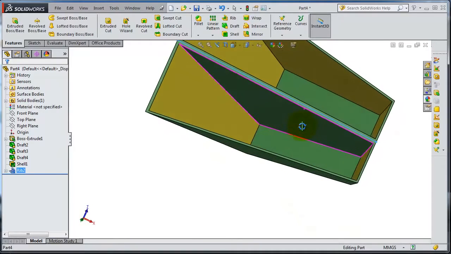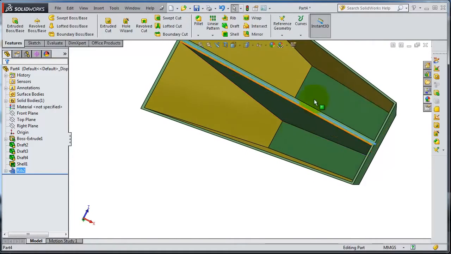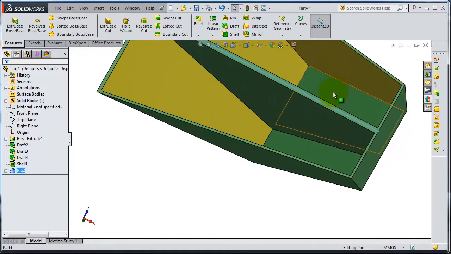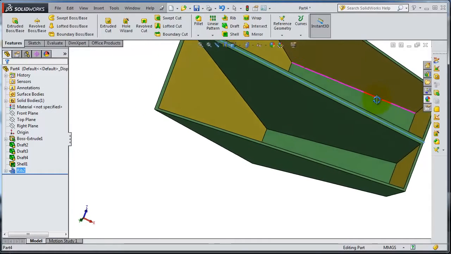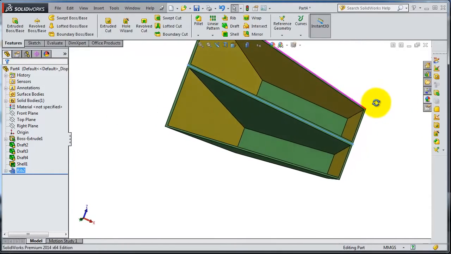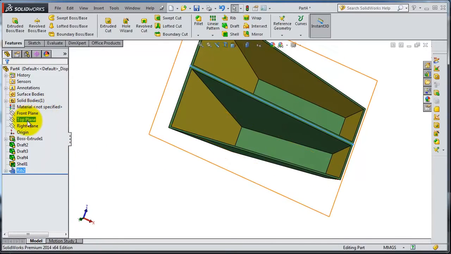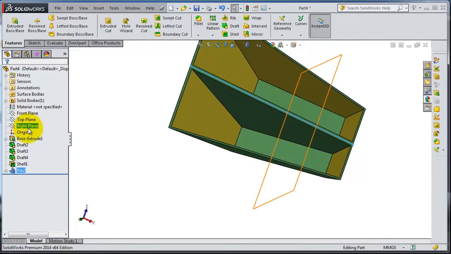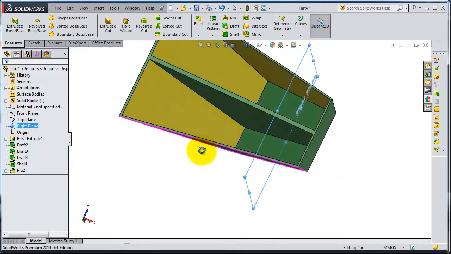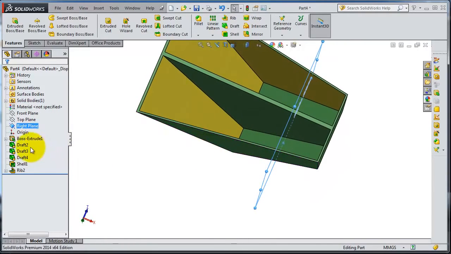So if you want to make another type of rib, to make it on the side here, we can do it by inserting a reference plane in the middle. So let's see if we have a plane passing through the middle. We have the right plane. Let's insert a sketch in there